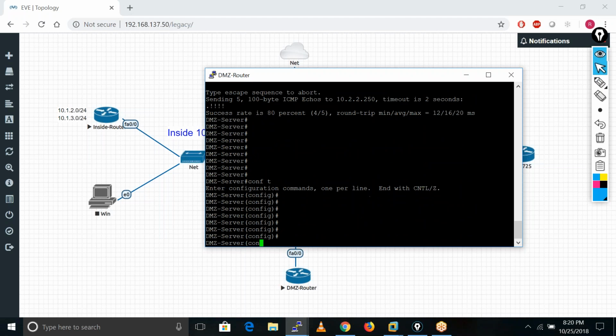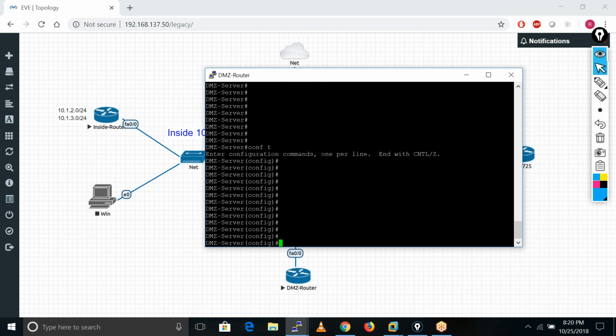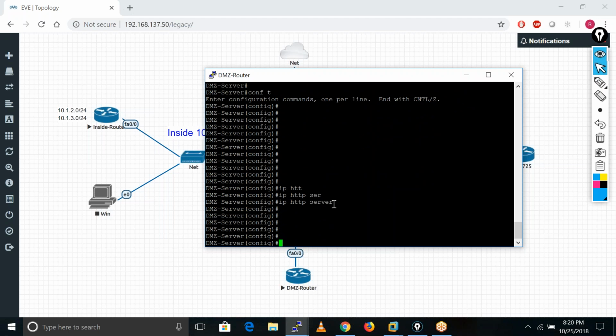Now the thing is how we can enable the HTTP service on this router. This is the command: ip http server. We also need to add one username and password.